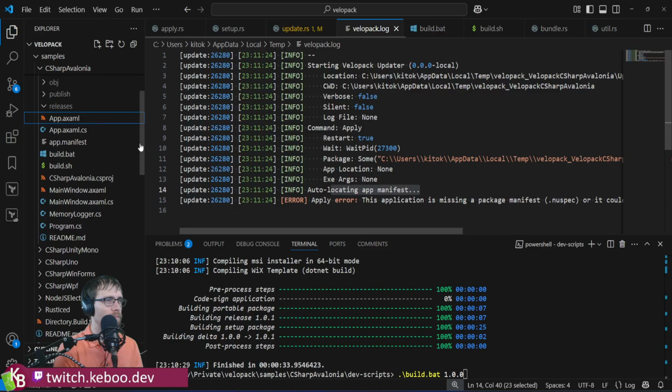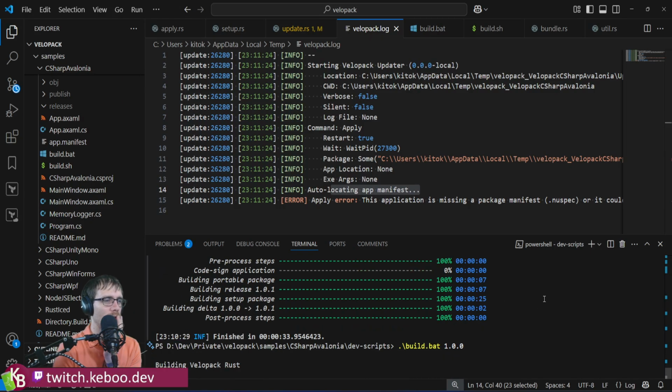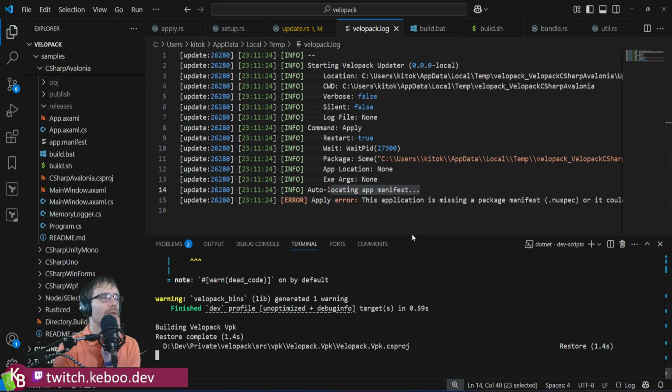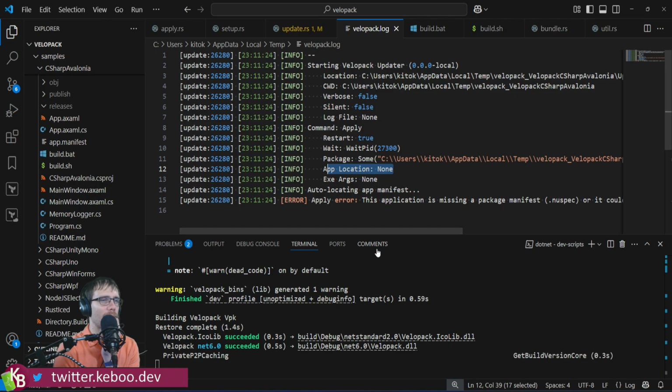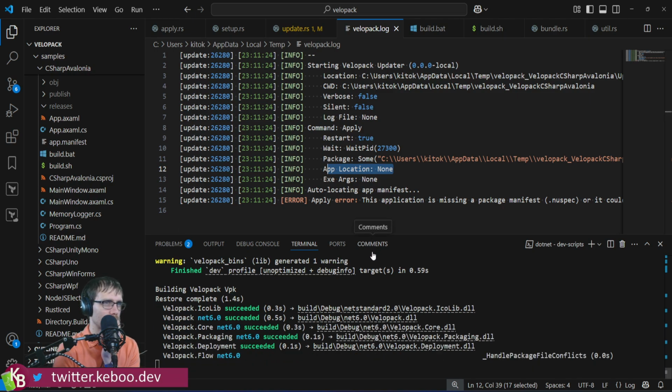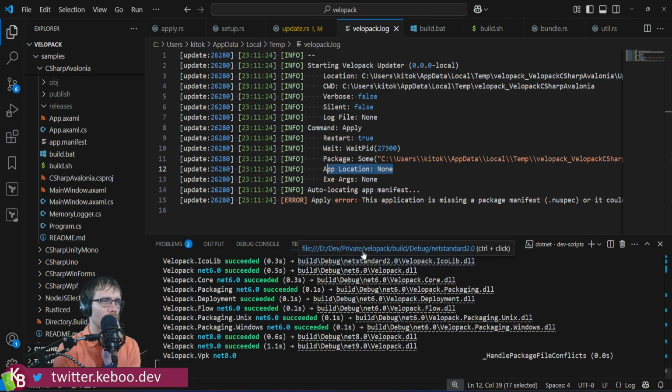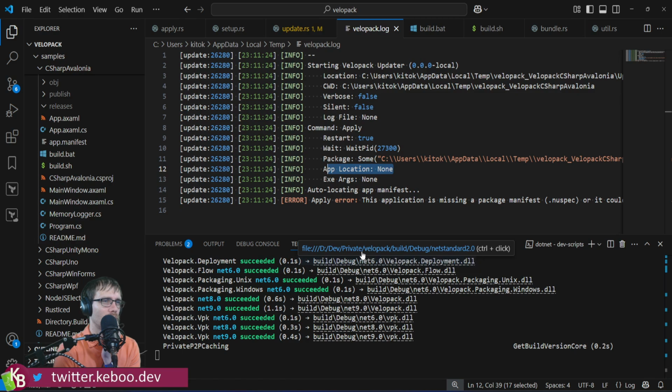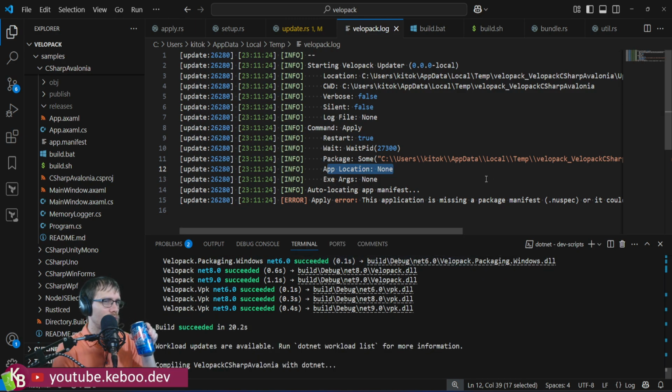We will blow this away and rebuild 1.0. Then hopefully app location doesn't show none, because that should